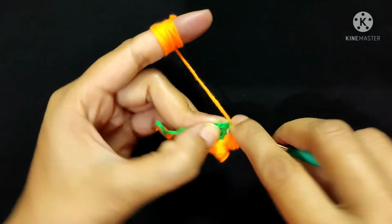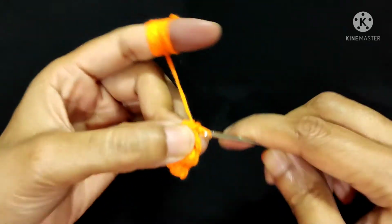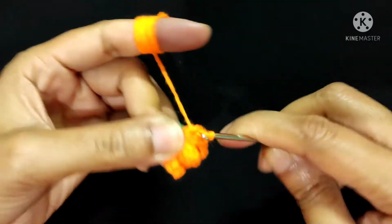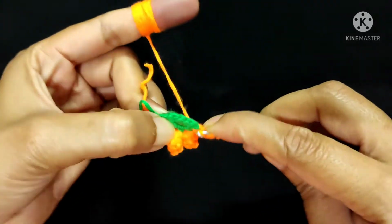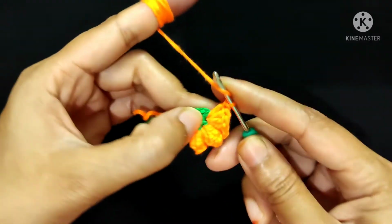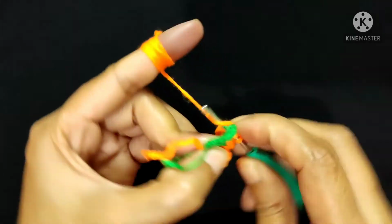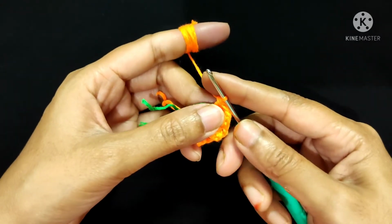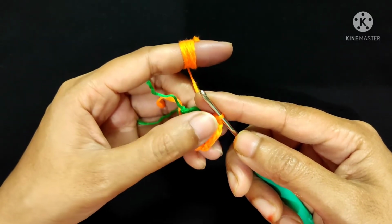One, 2, 3, 4, and 5. 5 double crochet is done, and now I will enter the hook into the top of the first